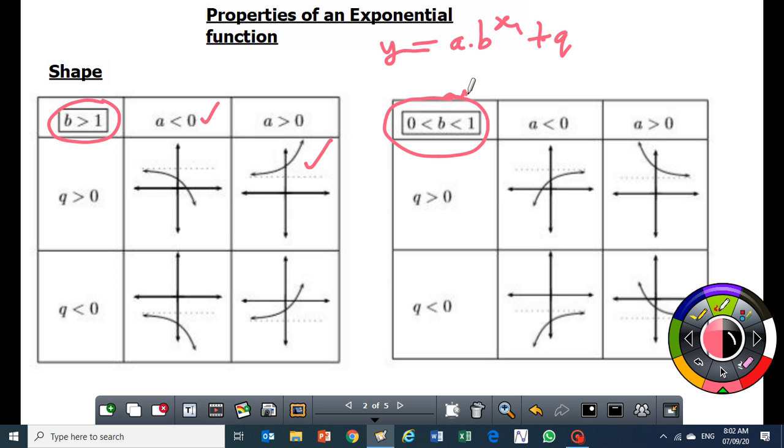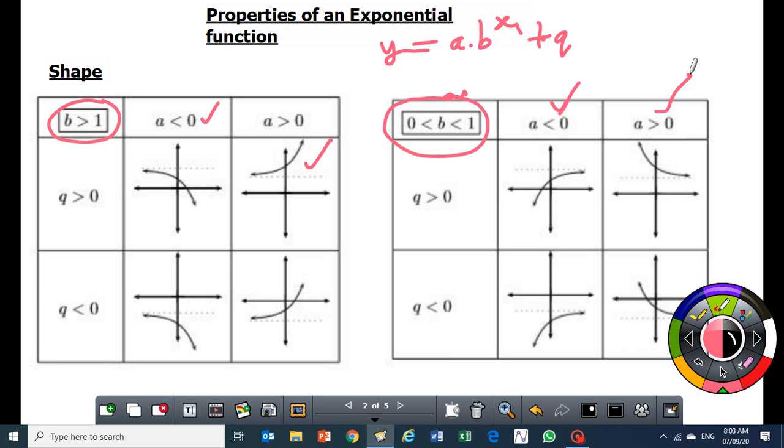Okay? Now, what happens here is that the curvature will change slightly because of the value of b. If it's a fraction, the curvature changes slightly as compared to when it's above 1. But in terms of whether it's increasing or decreasing, it still depends on the value of a. If a is negative, it's a decreasing function. If a is positive, it's going to be